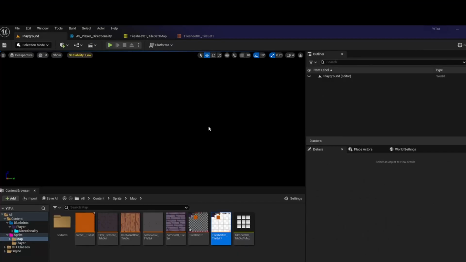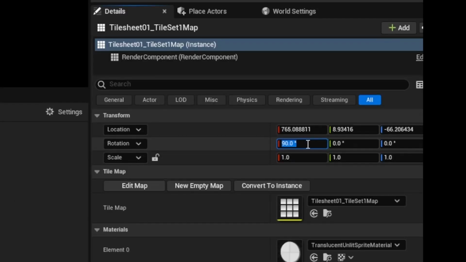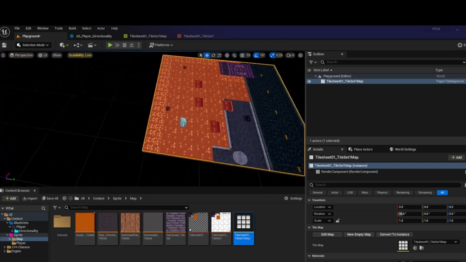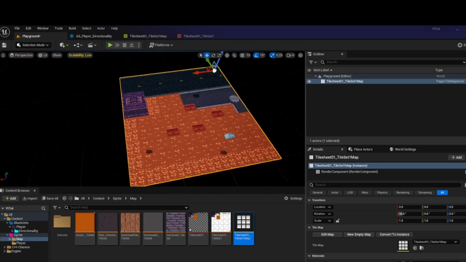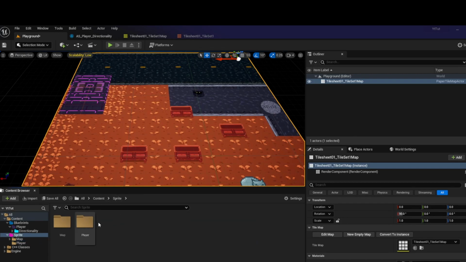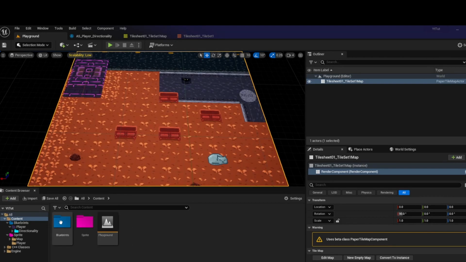Once you're done, go ahead and drag it into the editor. I had to make a 90 degrees rotation on X. Scale can be used. I like to scale it up by 4. That's just preference. You can keep it at 1, but it's just easier later on when you're setting up the player. Now go to Content, Blueprint, Player,